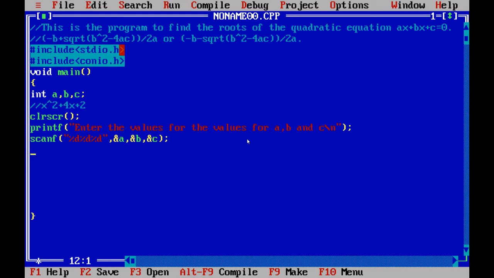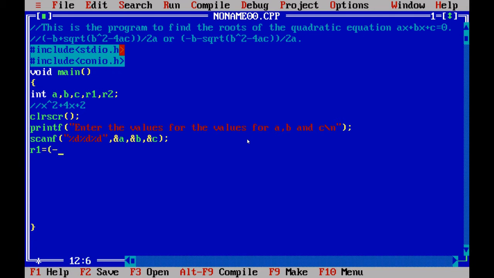Then we have to apply the formula. So first we have to declare the output variables. Here I am going to declare two output variables, R1 and R2, because I am going to get the two roots. And here I can set R1 equal to